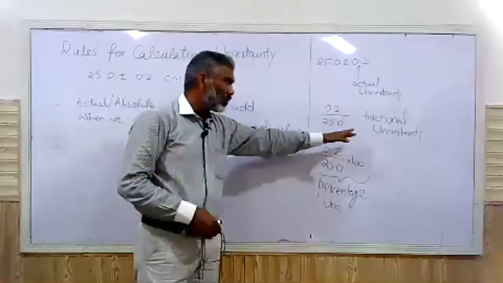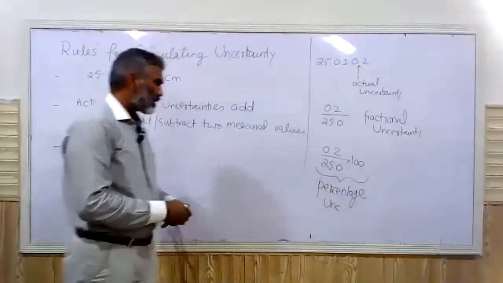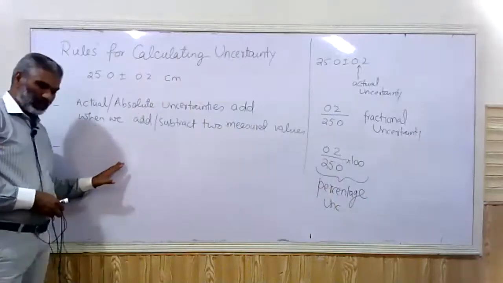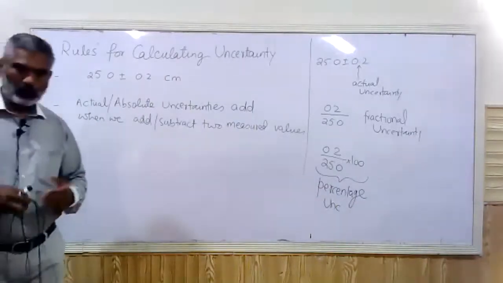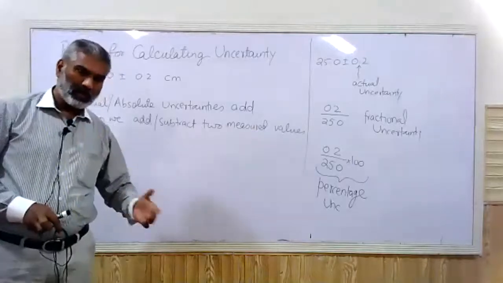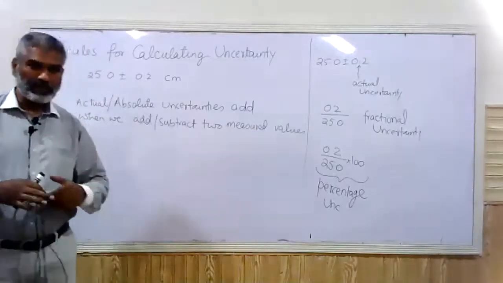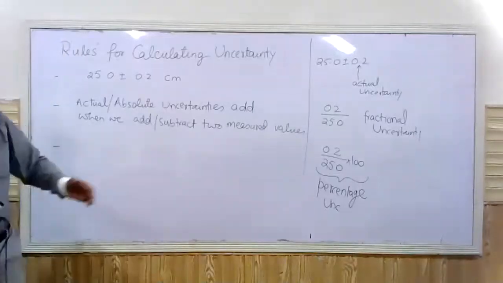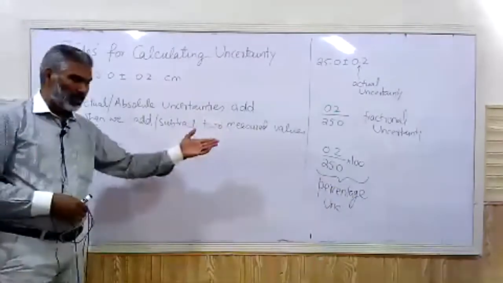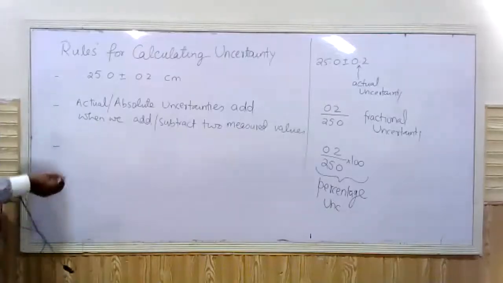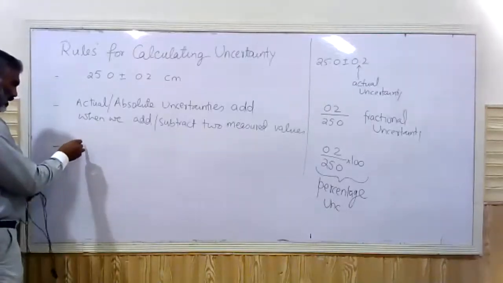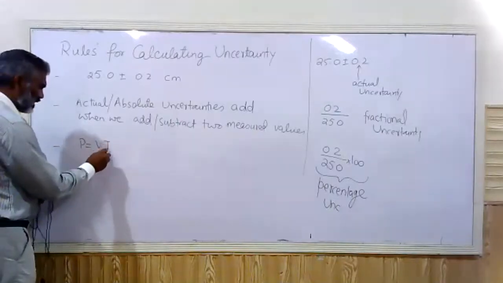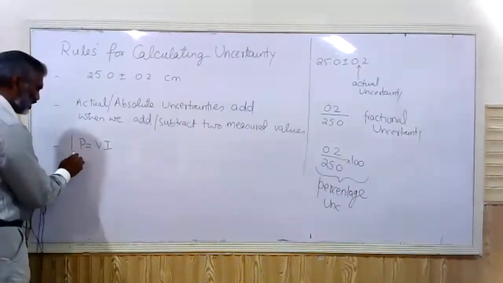But often we need to calculate fractional or percentage uncertainty. So for all those situations in which we are using two or more than two measurements, and we put them in a formula which is a product or quotient of those quantities to calculate another quantity, then we use fractional or percentage uncertainties. Let me come back to the same formula. Let's say it is power, which is the product of voltage and current. So for a situation like this,